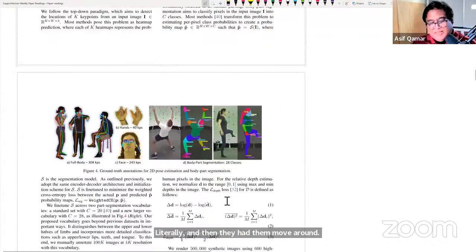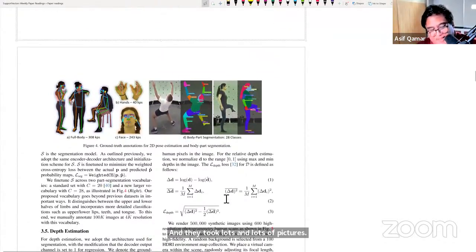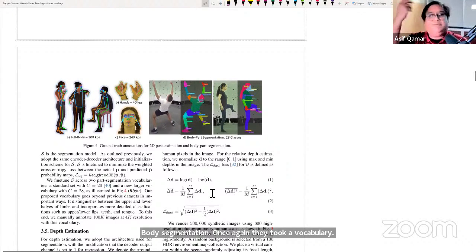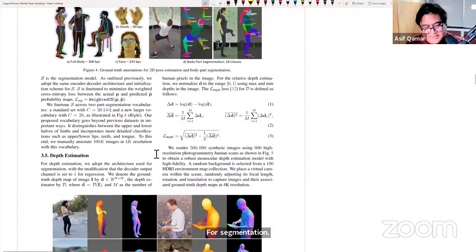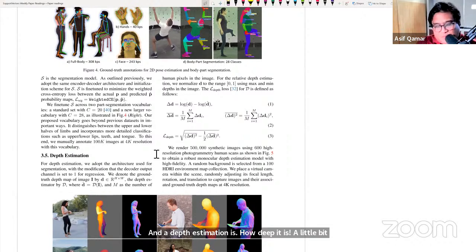Body segmentation. Once again, they took a vocabulary or a dictionary of 28 things, like hand, face, nose, eyes, eyebrow, this, that, right, for segmentation. And depth estimation is how deep it is. There's a little bit of mathematics, very straightforward. The average of the squares minus the square of the averages. It's a very common formula for depth